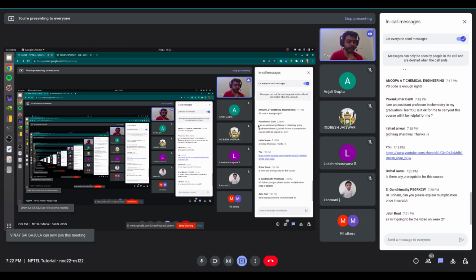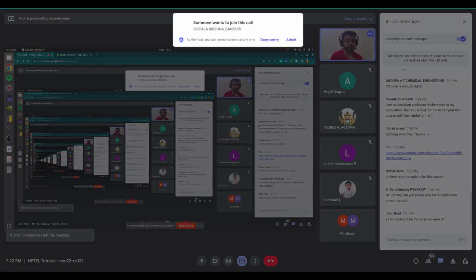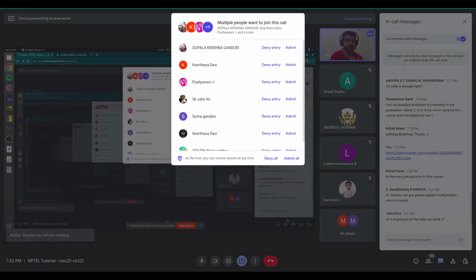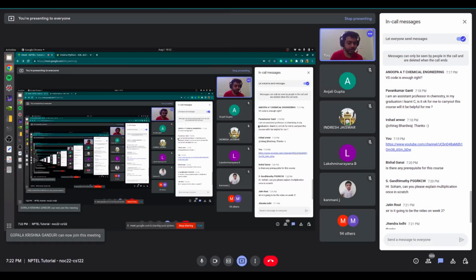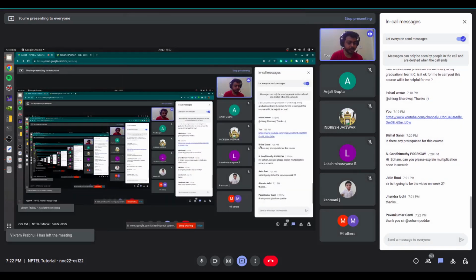How helpful it will be in your chemistry teaching, I'm not sure, but this course will be helpful. It is not just for beginners who don't know programming at all, but also for those who want to learn Python and don't have too much knowledge of it. So it will be helpful for everyone. Is there any prerequisite for the course? No, like I said, no prerequisite, just some basic math, some basic knowledge would be good. That's why we are starting with Scratch, so that you can get started.